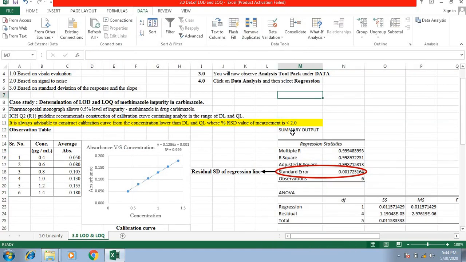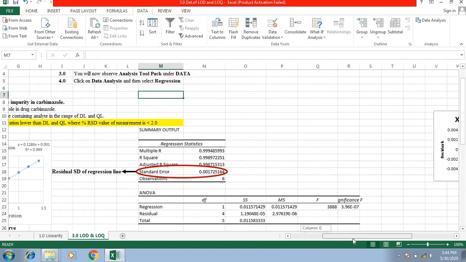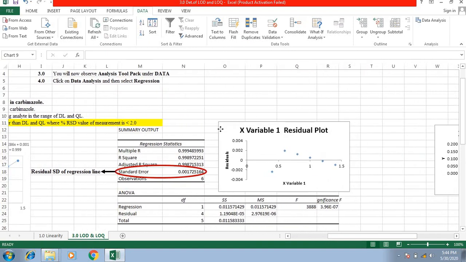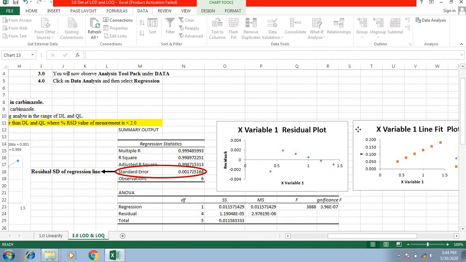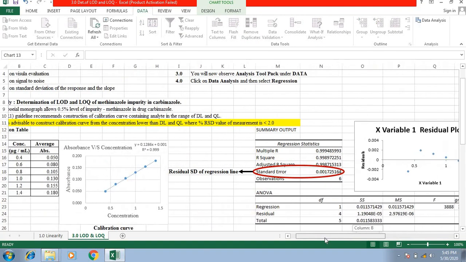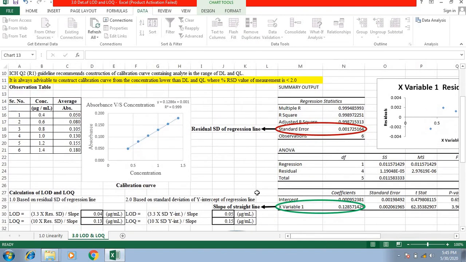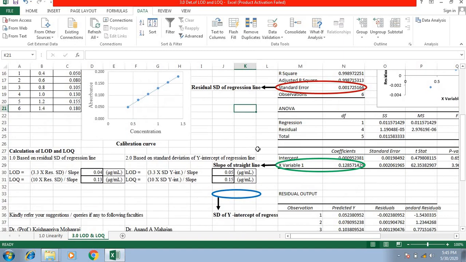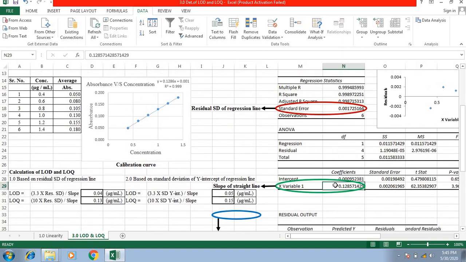So if you see this, I'm getting a summary report. The summary report will look like this with some additional plots. You can drag these additional plots. But 3 important things we require in the summary output are: the residual standard deviation of the regression line, which is this value; then the slope of the straight line, which is this value. If you see this value and the value which is given over this calibration curve, they are exactly the same.